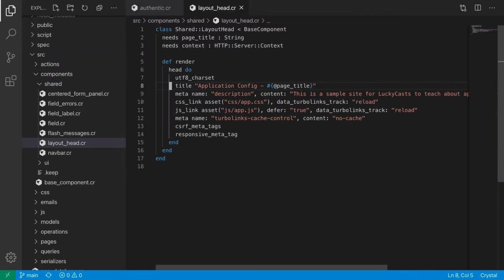We'll head over to the layout head file, which contains some basic SEO attributes like the site title here and the site description here. Both of these are hard-coded currently, and if this was the only place we were using them, it'd be fine to leave it just like this. However, it's likely that you're going to need to reference your application name throughout your user interface, your email content, and other user notifications. So why not extract it into a setting that we can more easily modify and reuse